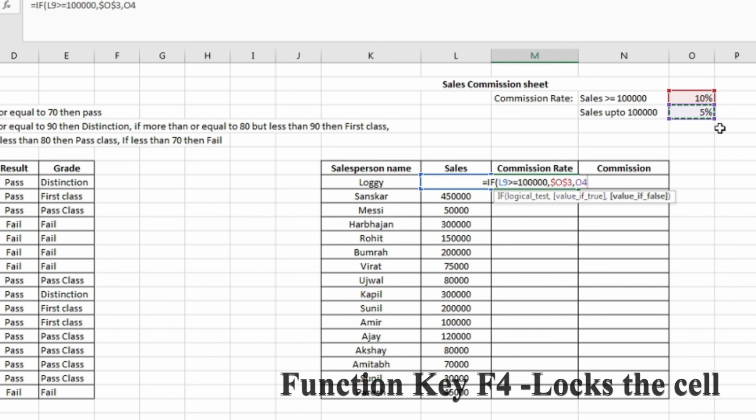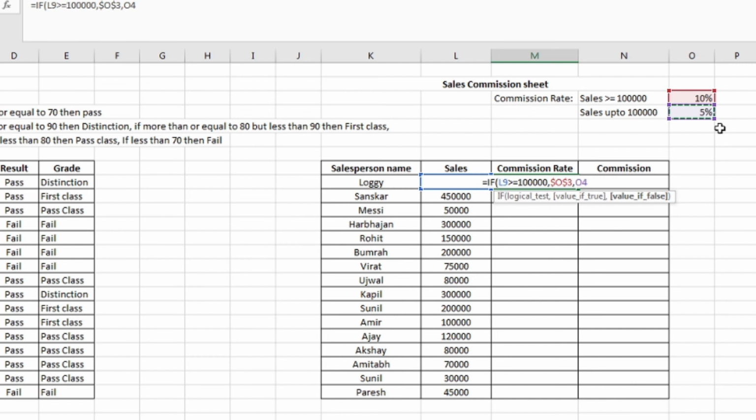For that, again we'll lock the cell by using the function key F4. You can see the cell is locked by putting the dollar signs. Now our formula is complete. If L9 is greater than or equal to 1 lakh, give him 10%, comma, else 5%, and we have locked these cells in the formula, and we will now press enter directly.